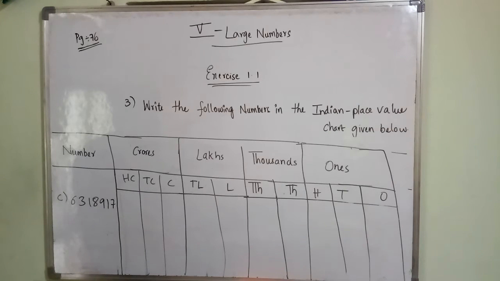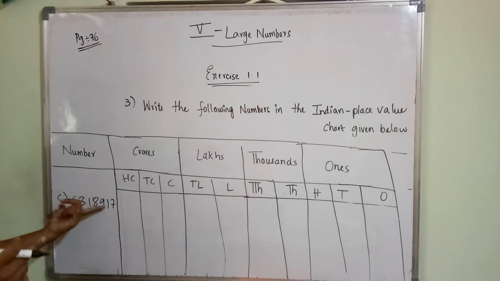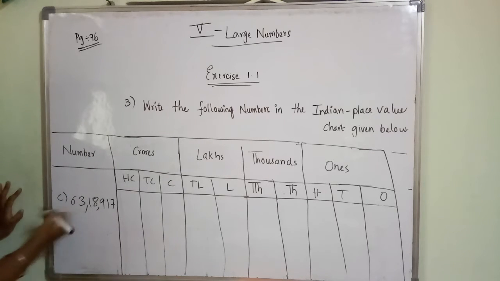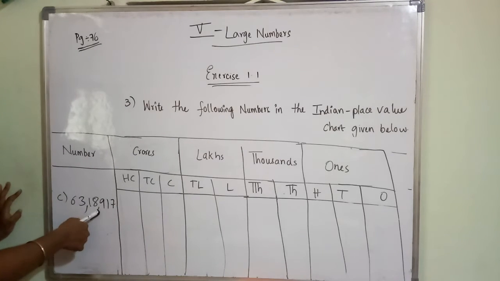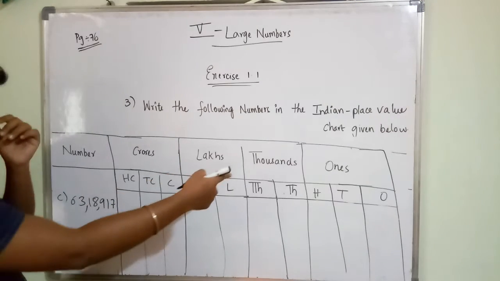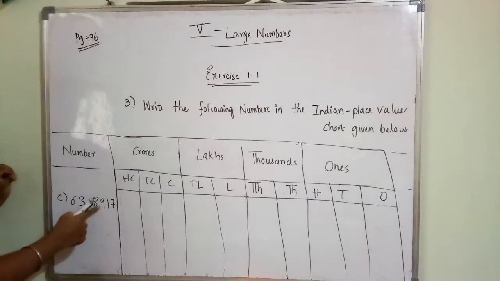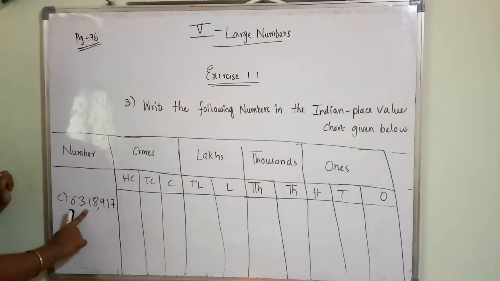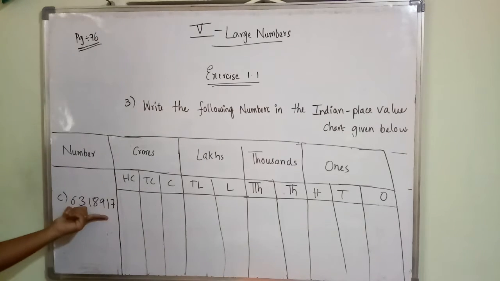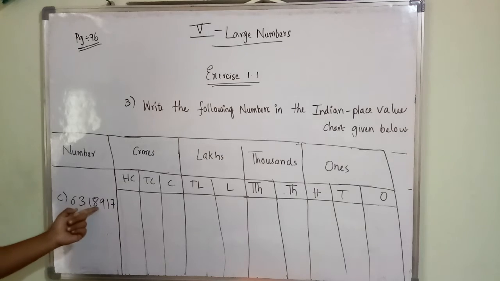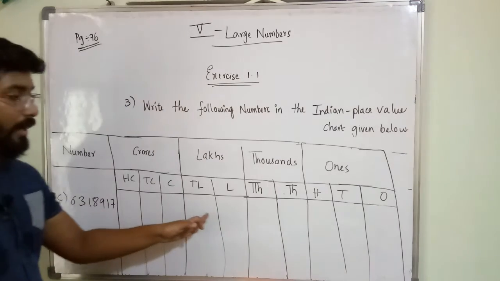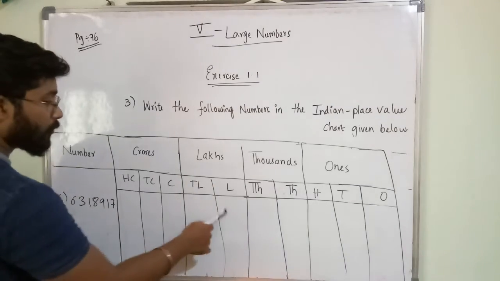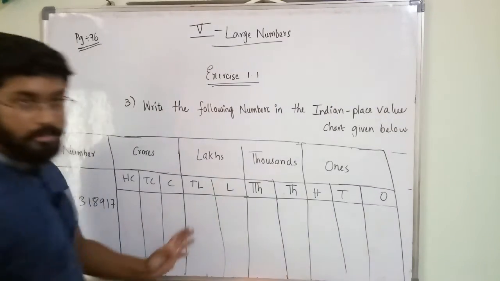If you don't know the number name, then you have to divide them according to the Indian place value system. You have to keep commas like this. Okay, so first 3 digits 1 comma, because ones place is having 3 place values. In thousands place you are having 2 place values. In lakhs place you are having 2 place values. So if you don't know also, it's not a problem. 1 2 3 4 5 6 7. You have to fill 7 place values. So it will be filled now.